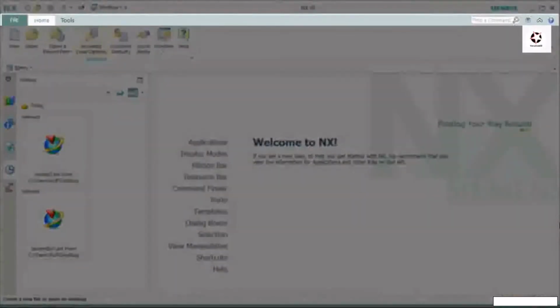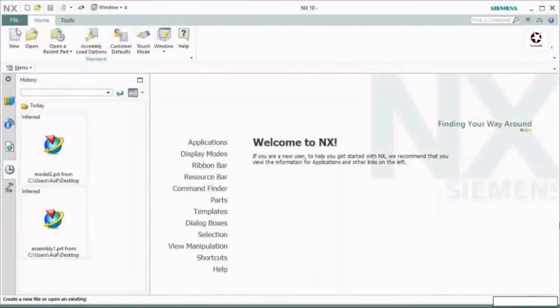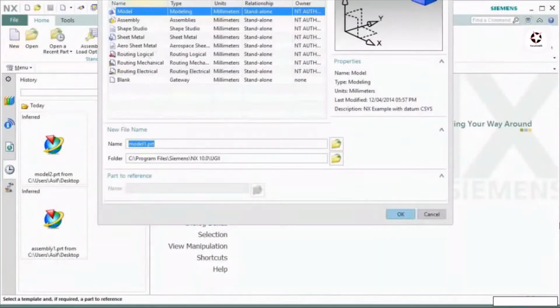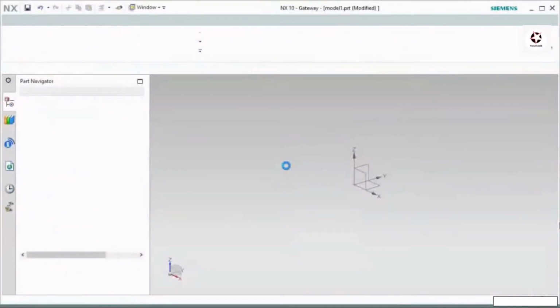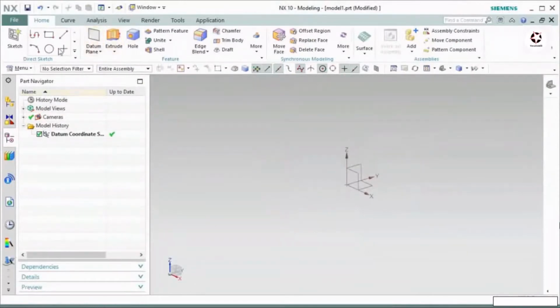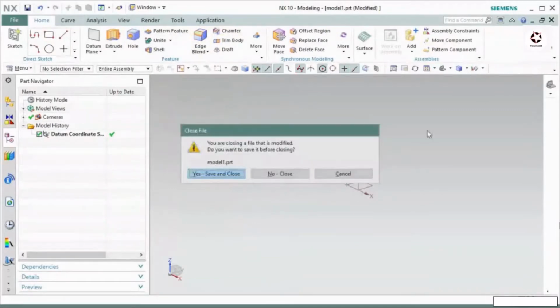Then on the left hand side, you will see this bar. This is called the file menu bar. Here there are a few different tabs you will find. Let's say if I create a new file, a simple model file, now you will see a few more tabs are added. Based on your purpose, these tabs will change. Purpose means now I want to create some part, that's why I can see this part. Let's say I will close it.